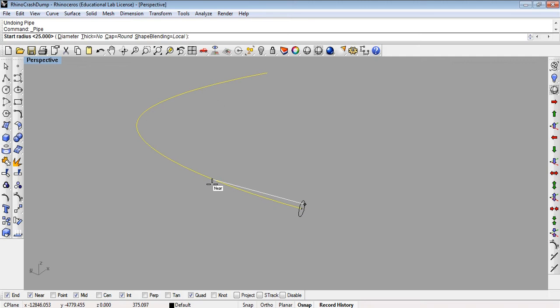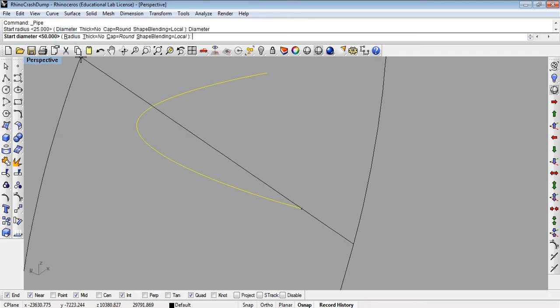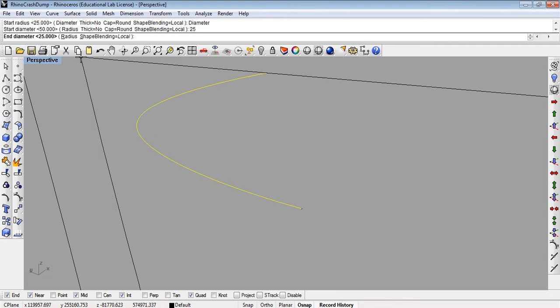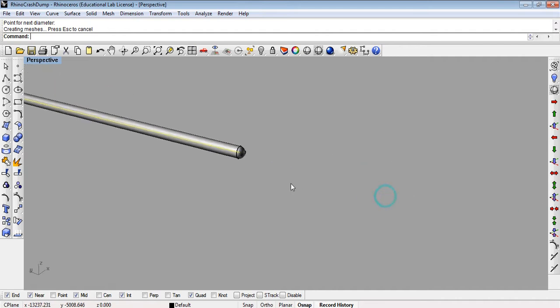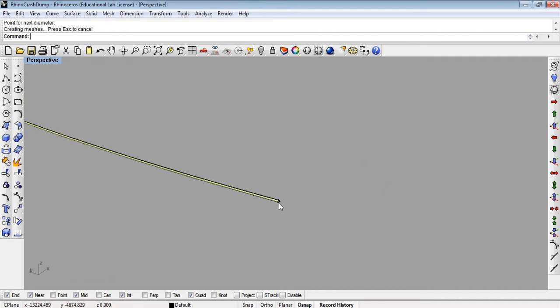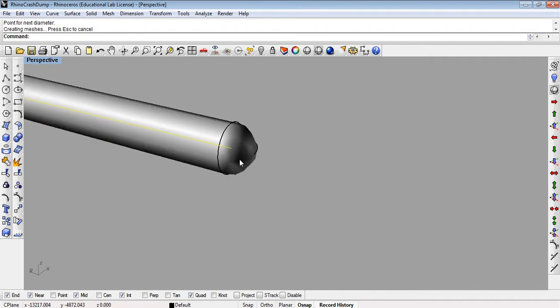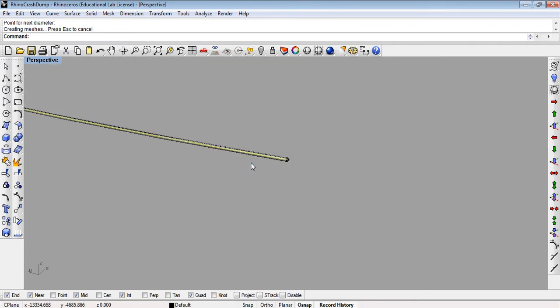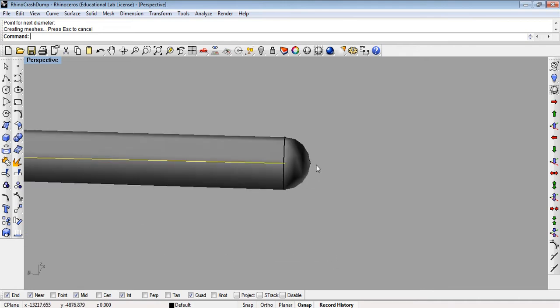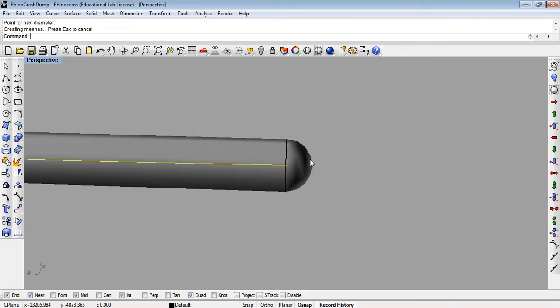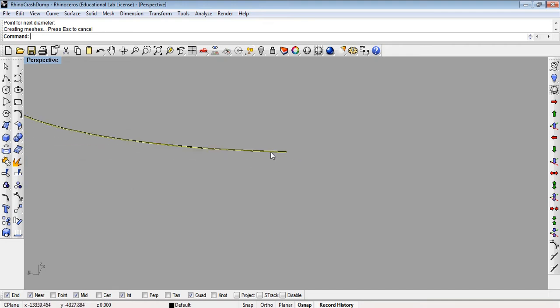Sorry guys, 25. Enter. 35. Enter. See, the start point was turned into a round shape. It takes a round shape, but you already see that